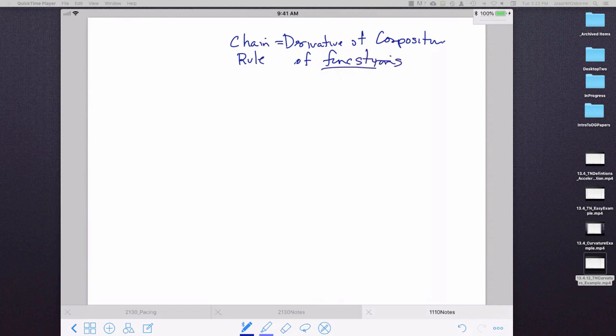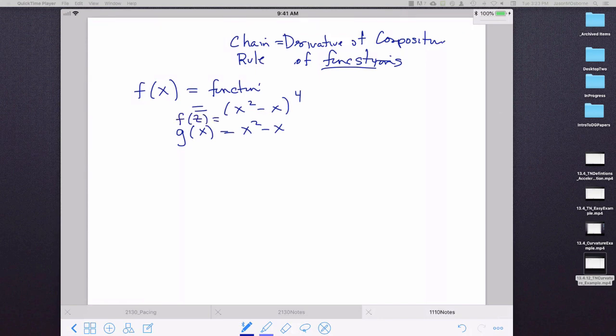Okay, so let's take the function f of x. We take the derivative of functions. So you just get to make up a function, say x squared minus x to the 4th power. But this function is a composition. G of x is x squared minus x. F of z is equal to z to the 4th power. I have my outer function,